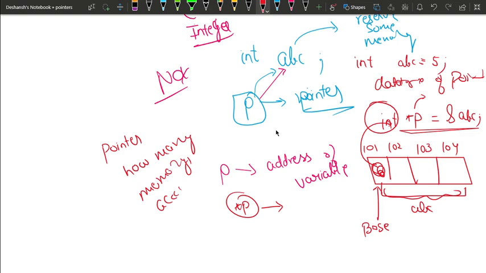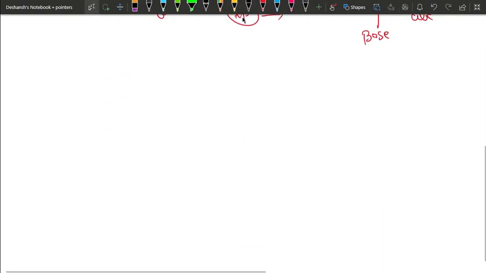For the address of, we need to use the ampersand sign, which gives the address of ABC. ABC is a variable.